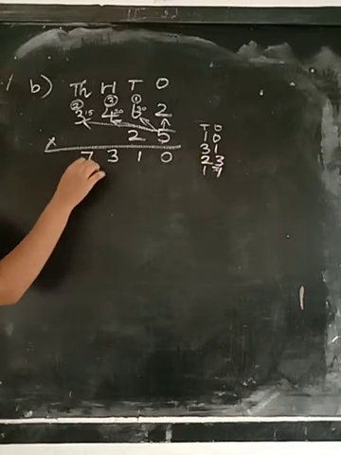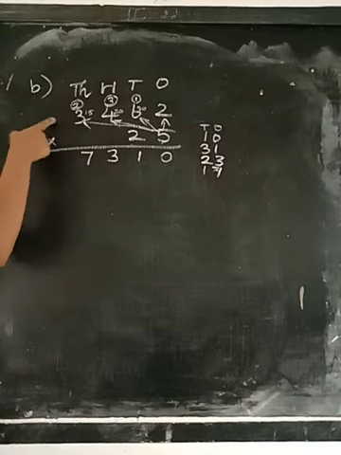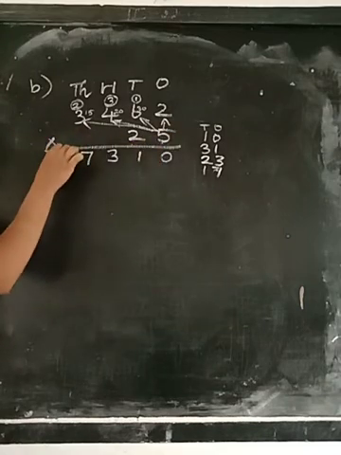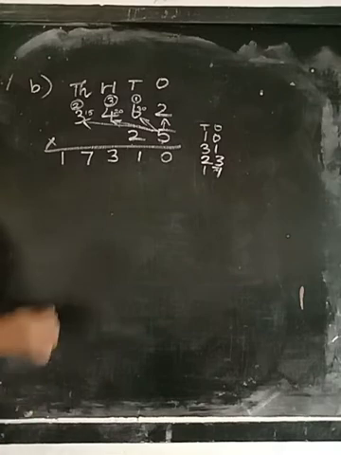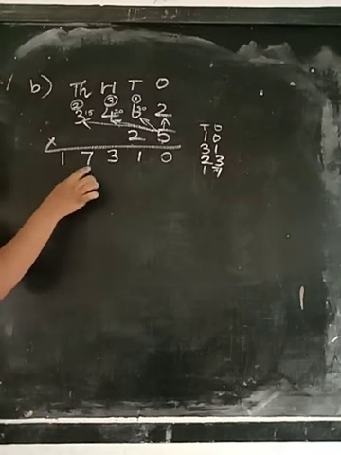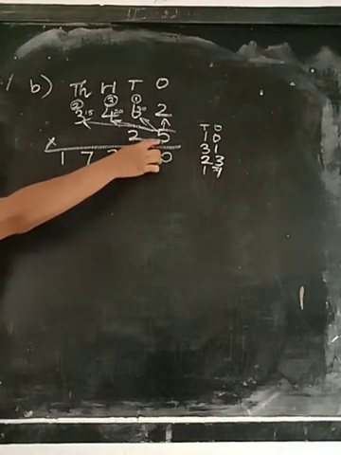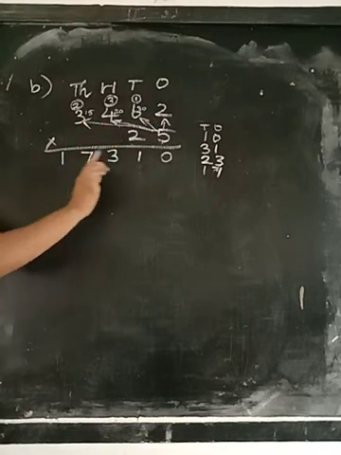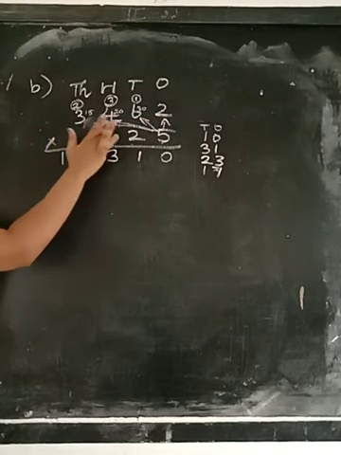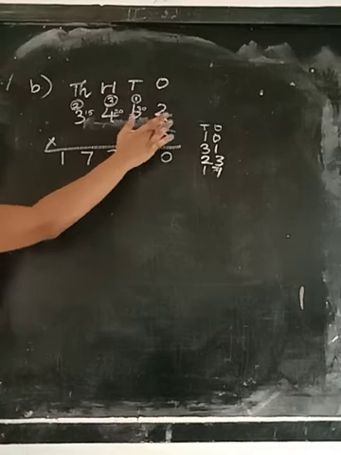7 in the ones place. And then after this no number is there, isn't it? So the tens place number also we can write here itself. So here the answer is 17,310 when you are multiplying by 5. So now first 5 has been over, isn't it? Okay. So use the pencil to write these arrow marks.